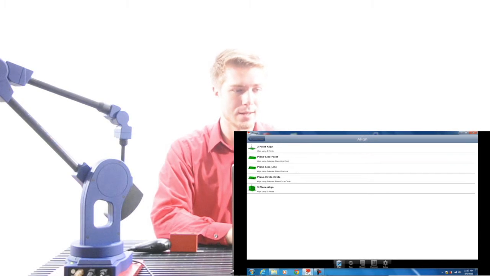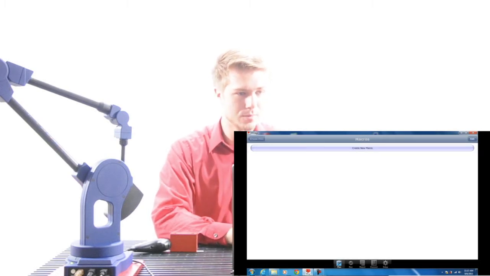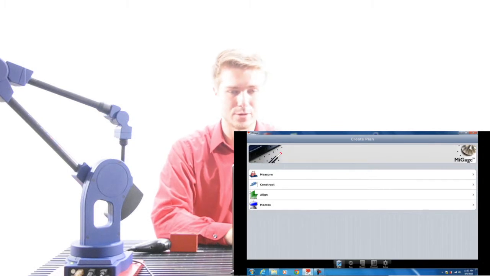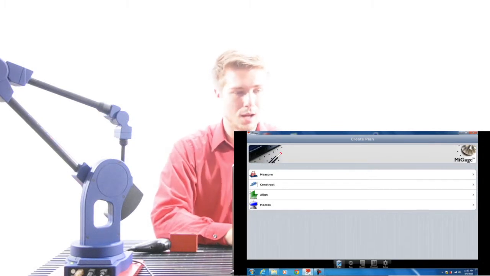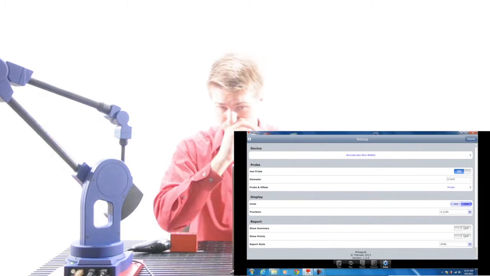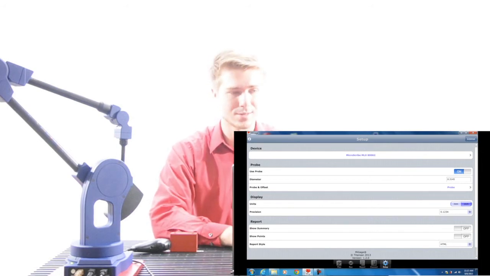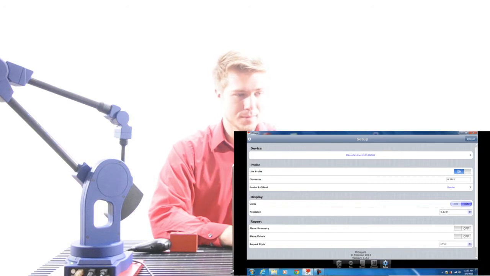Now the next thing that we will go into is we have the ability to create macros. You can take a look at that. But the other more important thing that we'll cover here in this particular tutorial series is the ability to create probes and probe offsets. So